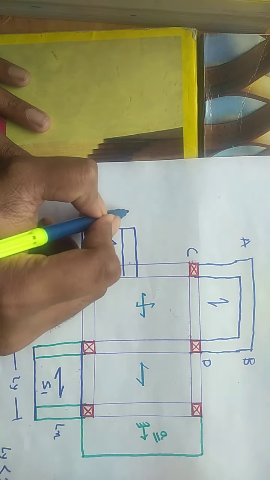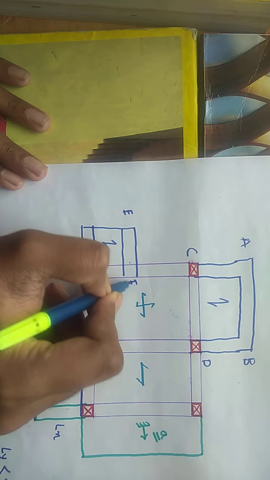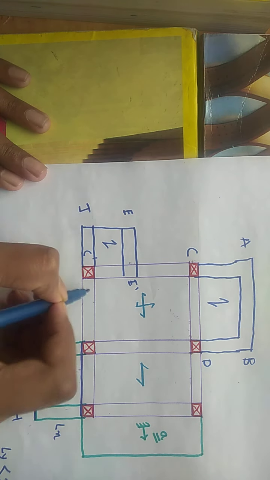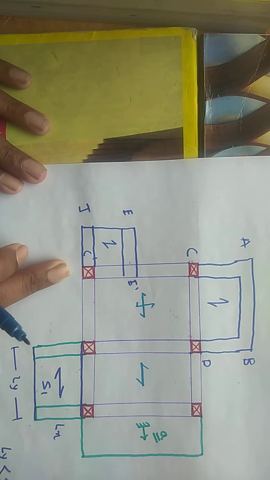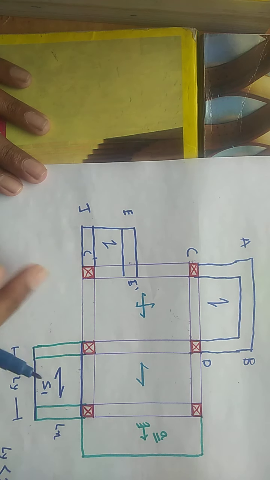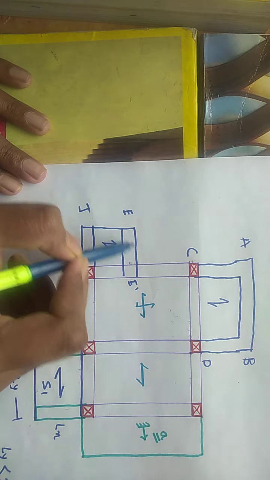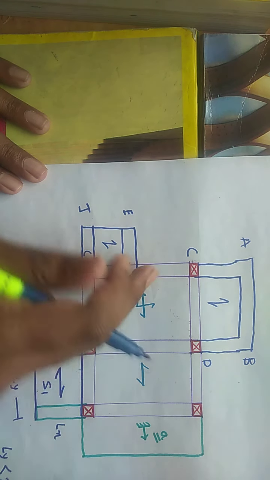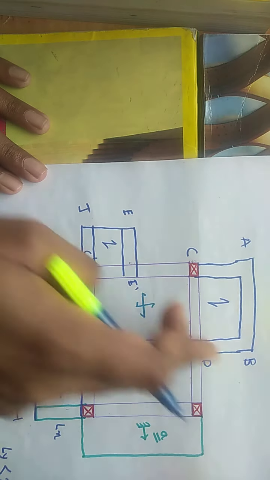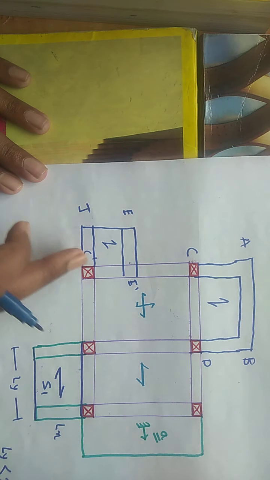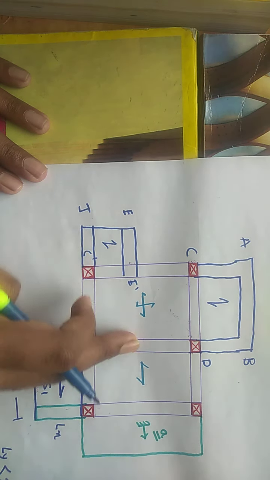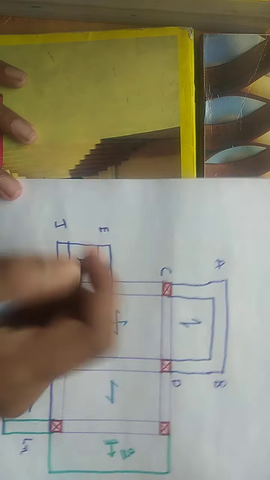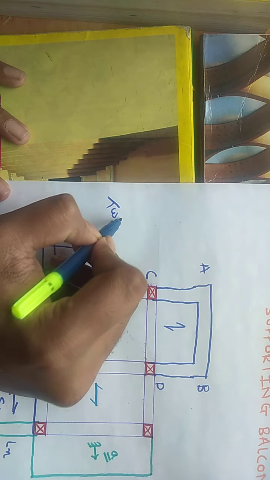Suppose here E dash is the beam, and here you can name J and K or J and C dash. Okay, so in this case you cannot take the load like that, because here you don't have any beam behind. Here you have the beam, here you have the beam, but here you don't have the beam on the back side. So this will generate a twisting moment.